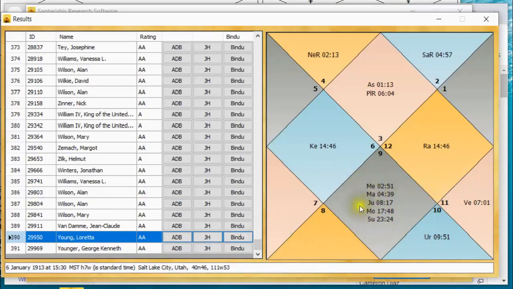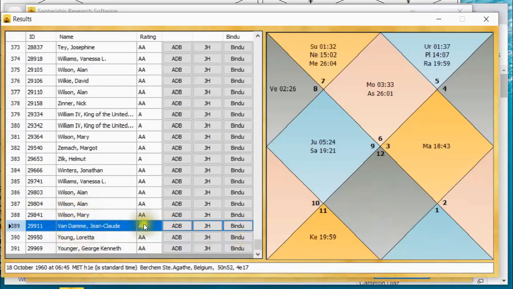Here's moon and Jupiter in the 7th house, and they're in Sagittarius, which gives Jupiter strength. Okay, good for Loretta Young. Here's Jean-Claude Van Damme, well-known actor. What's going on here? Okay, so here, moon is in the ascendant, and Jupiter is in the 4th. That is a Kesari yoga. But I set criteria for Jupiter to be strong as well too. And indeed, Jupiter is in Sagittarius, its own sign. So that constitutes a strong Kesari yoga.